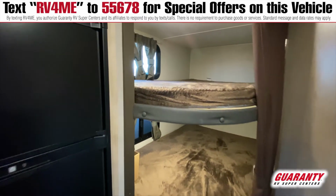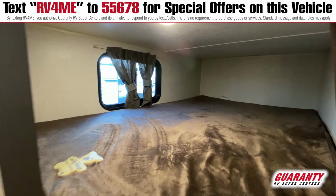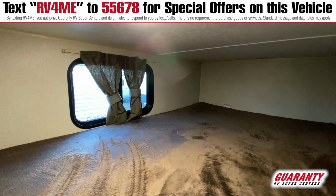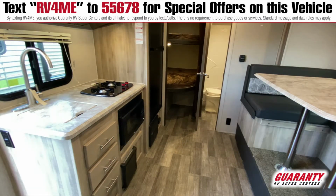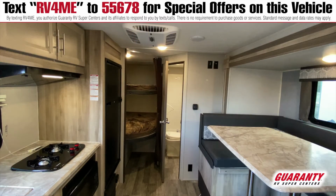So you can end up having nice, larger kids in there, maybe sneak 2 or 3 sometimes in there with smaller children. You do end up having a window in both of those bunk areas, which is also a nice feature that some trailers don't provide. You do end up having the 2-burner and the microwave in the kitchen area, and again, that larger fridge, which I covered. You do have a couple of cabinet doors I love above the sink there, and of course,